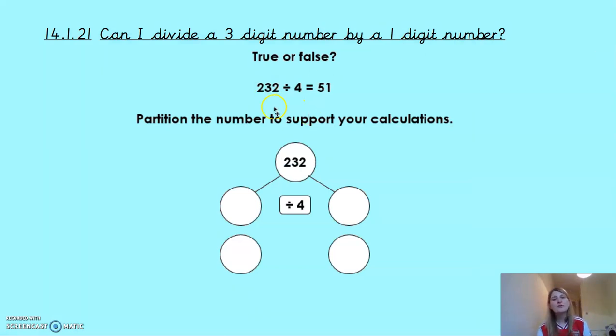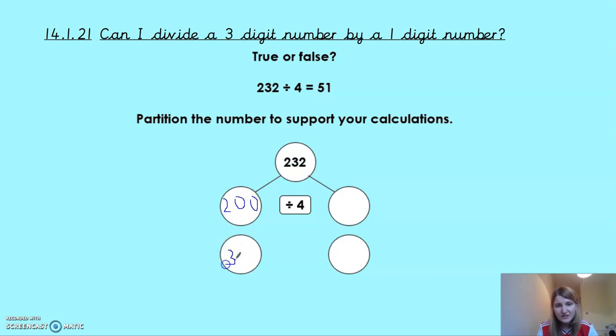So true or false, 232 divided by 4 equals 51. Partition the number to support your calculations. Again, just an opportunity for me to show you a different method here. You might not necessarily use it. Now, partitioning is simply when we break a number down into different parts. We take the whole, we split it into parts. So for 232, I'm going to split it into